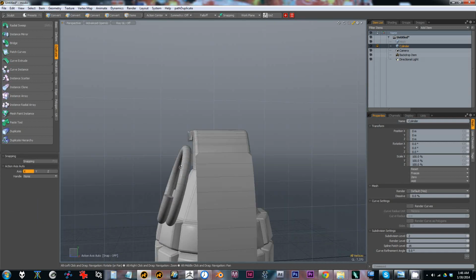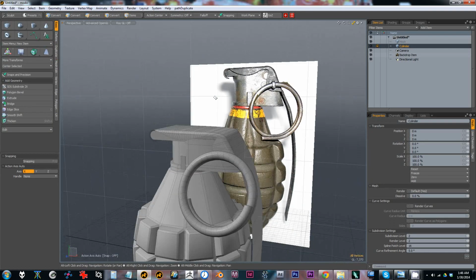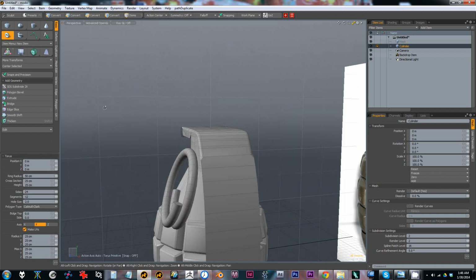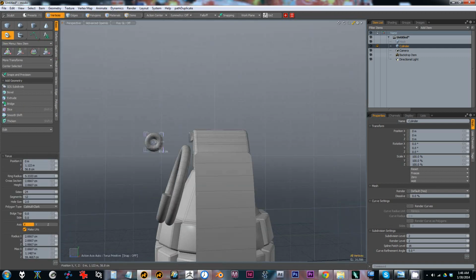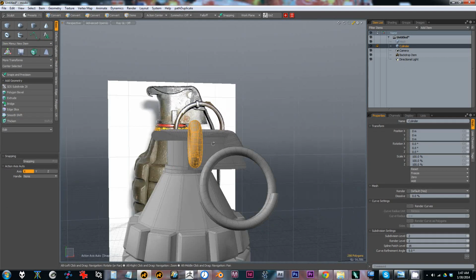Okay, and I'm going to make a little ring here too, so back to basic. And this one, the donut, the torus, is good, I think. So I can hold down control, drag it out, and play around with this. I just want the inner ring to be a little bit thinner, so okay, so here,